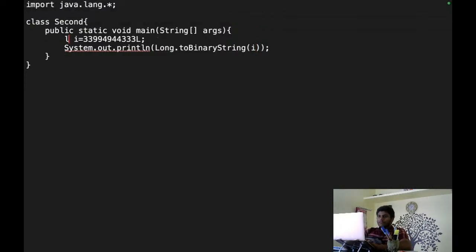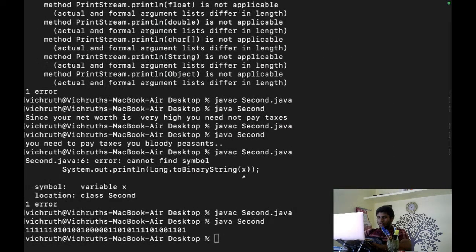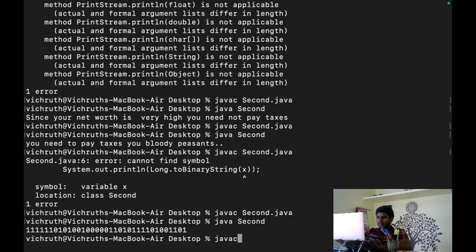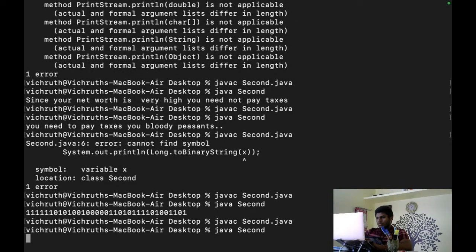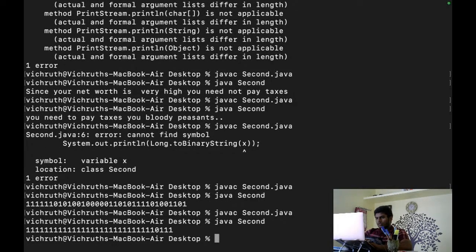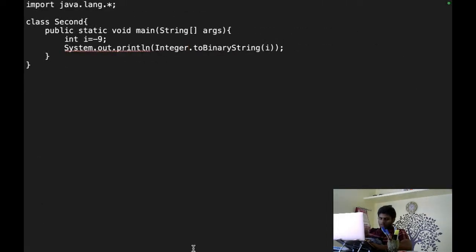So this method, toBinaryString, is present only inside the Integer class. It's not present in any other data type. So we cannot get the binary form of every data type. It was possible for integer, so I have shown it here. If you want to do it for byte and short, you have to convert it to integer and use the same one. But for float data type, there is no method available like this for converting it into a binary string. So that's all in this video. The purpose of this video was just to